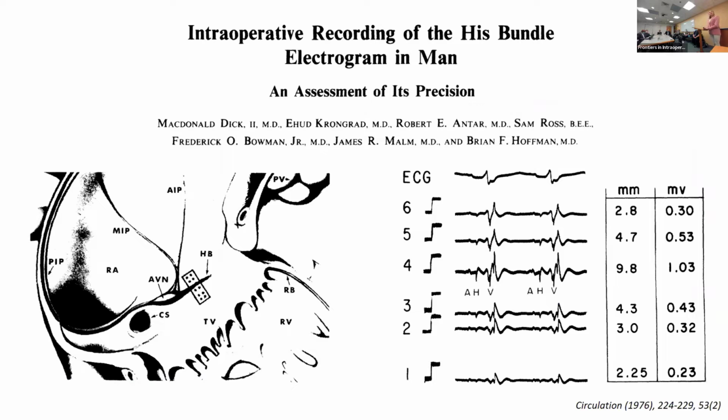And this group expanded with Dr. McDonald Dick, who was an early electrophysiologist here at Boston Children's, who went down to Columbia to do some work with this group and learn this technique. And they looked at the precision of doing this type of mapping